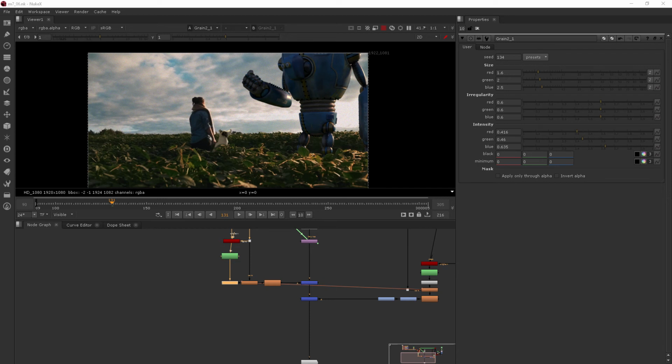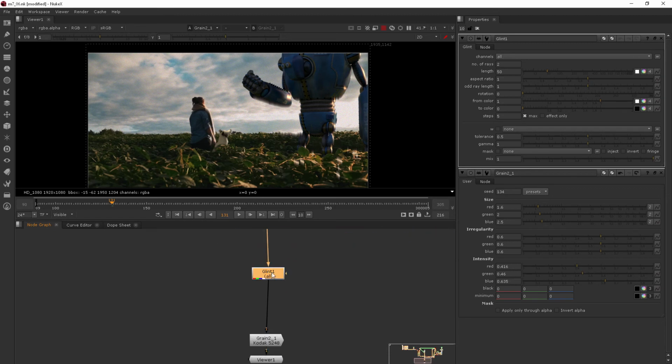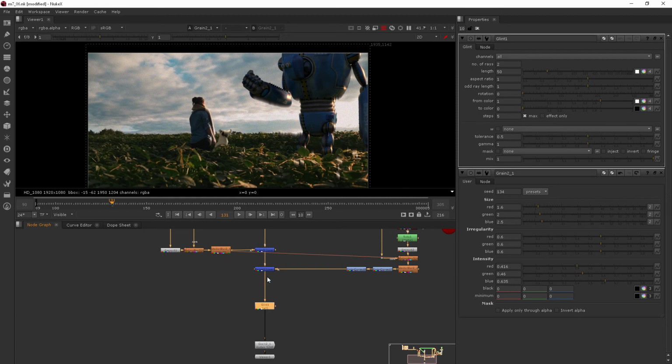In this clip, we're going to be adding glint to our robot. Okay, so let's go ahead and add the glint node. So I'll just hit tab and type in glint. And if I add glint, kind of where we were talking about where some of these overall effects go, and I just drop it between my grain and my final merge, you see that it adds glint to